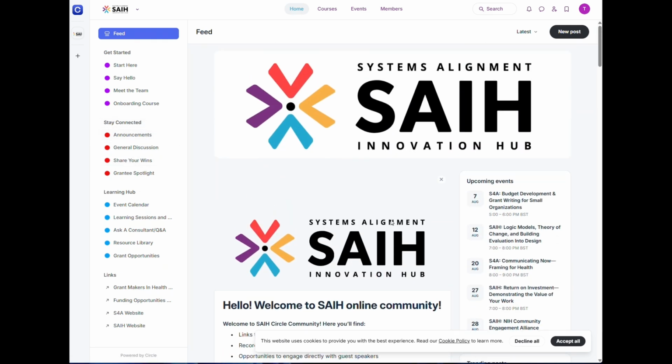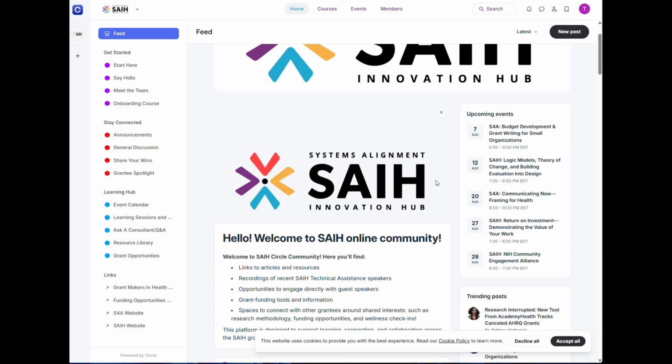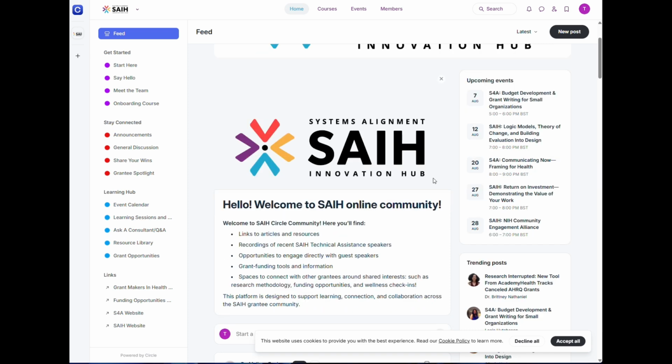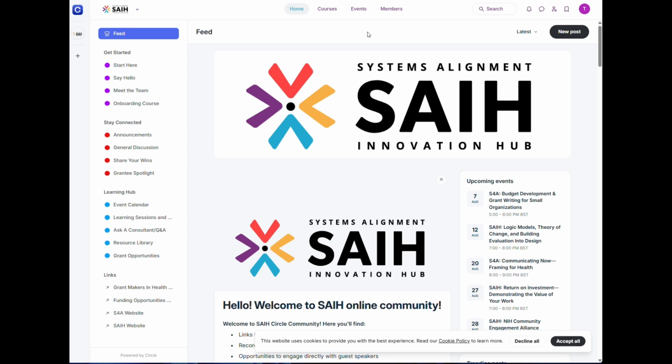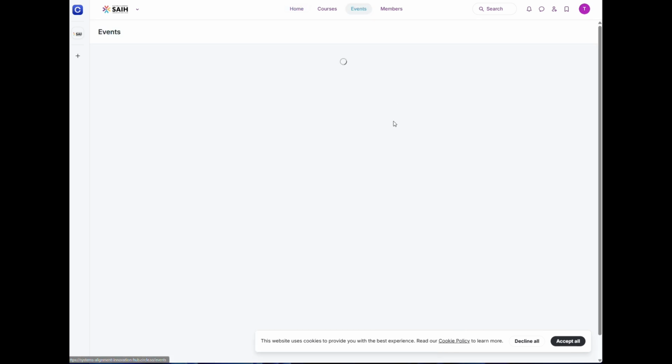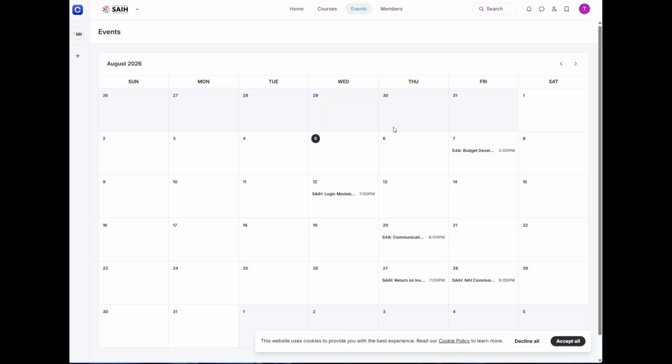And the more we use it, the more that we can create more community spaces. But the one thing you do really want to find here is grant opportunities. We'll be posting them there, announcements, as well as you'll also want to know where the live events are. So when there's an event, you'll sign in and it'll show you when the next event is.